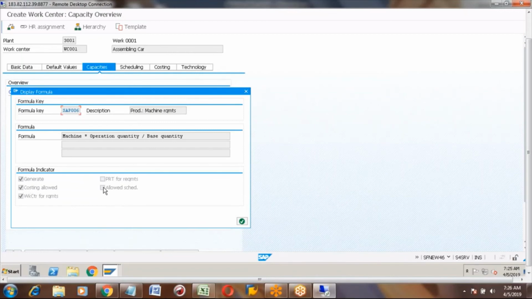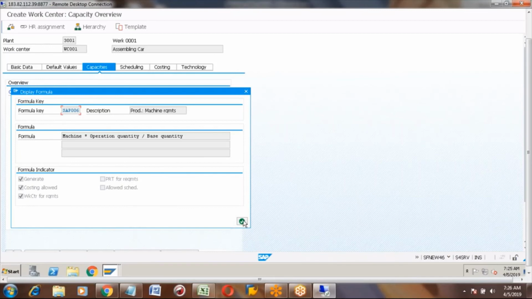Allowed scheduling means related to scheduling purpose. Work center for requirements is relevant for the capacities. So this formula is related to capacity and costing. In the next tab, scheduling is there. That is relevant for the scheduling.